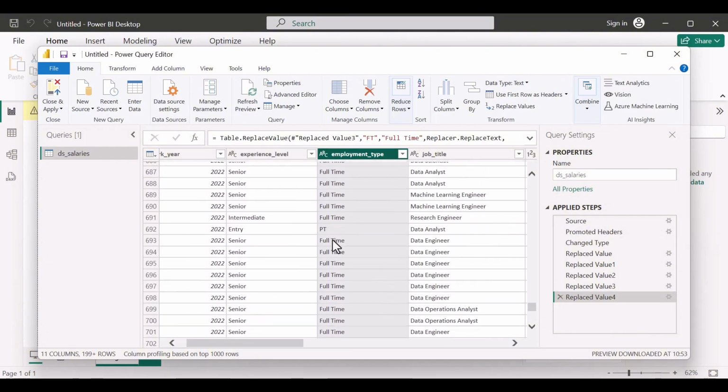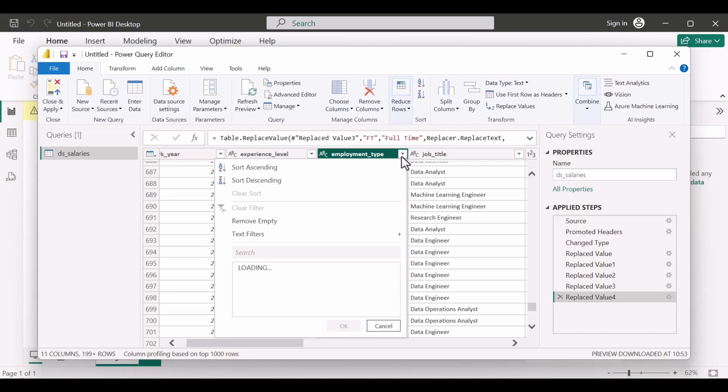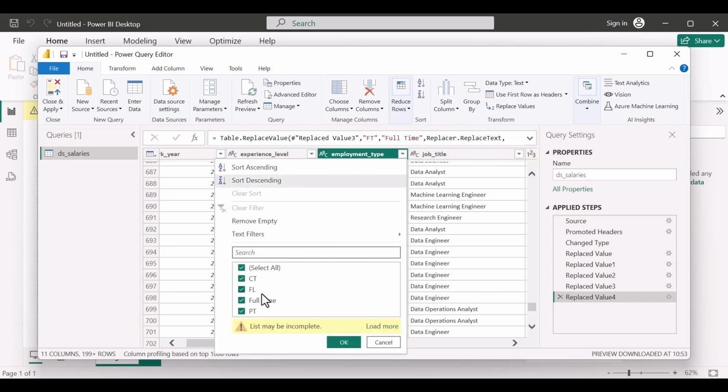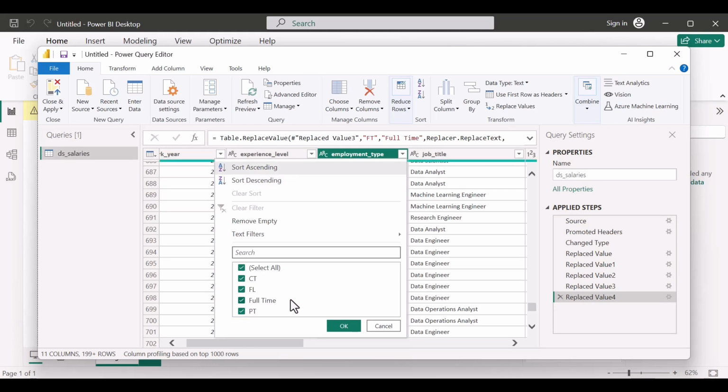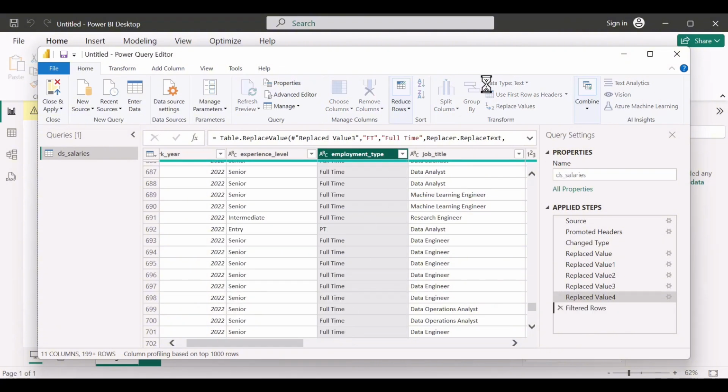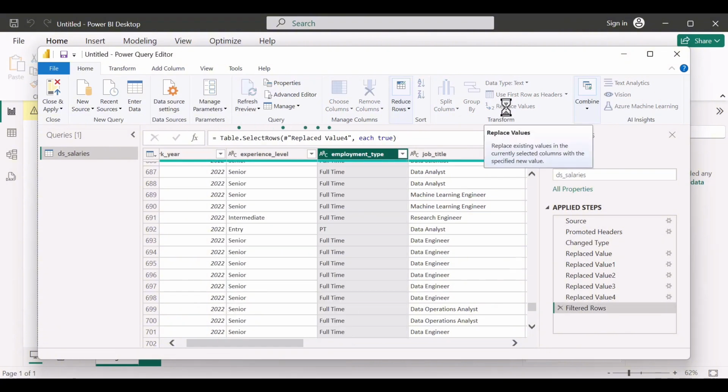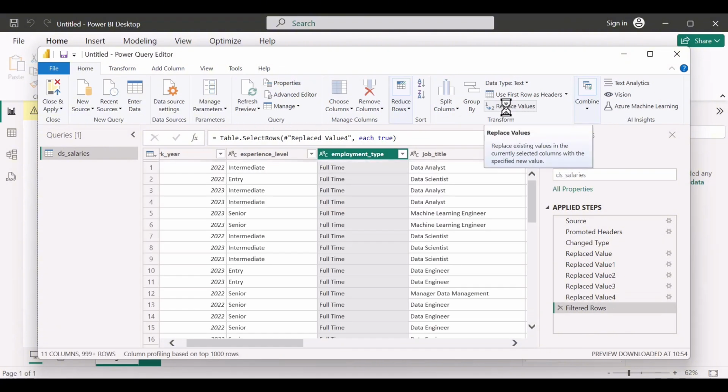Full time. Yeah, I'm past scrolling. You can see part time. I think we should even be able to check the drop down. So you can see CT, FL, and PT. CT should be contract, FL should be freelance, and PT should be part time. So we'll just change the remaining three values and work with that. So replace values,